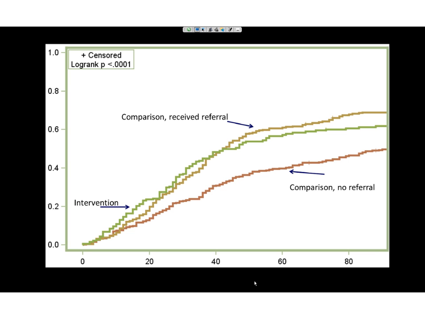But what I think is really interesting in this particular study is that this group of people here, which represents about 45% of the individuals who had a positive rapid test and never came back for their confirmatory test results, did end up making their first care visit within 90 days of their positive rapid test result. And so what this indicates is that they didn't come back to get the confirmatory test results. They just went right to a care setting on the basis of positive rapid HIV test result without coming back to the testing site for their confirmatory test results.